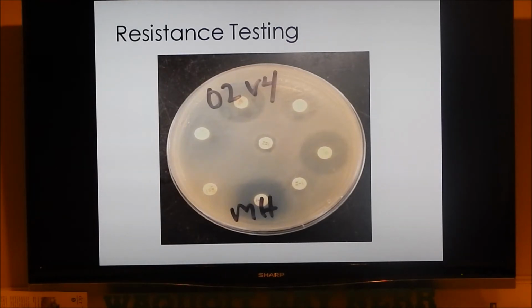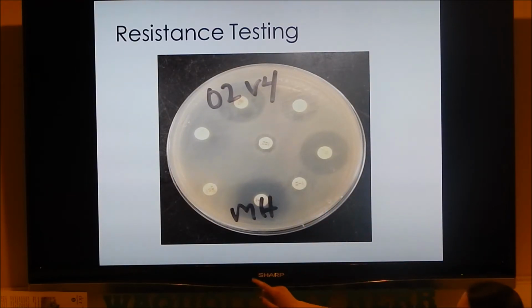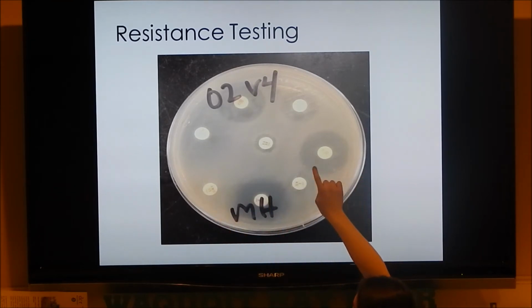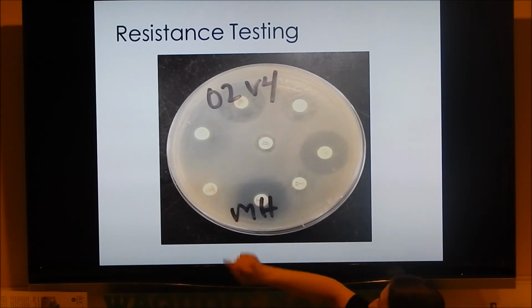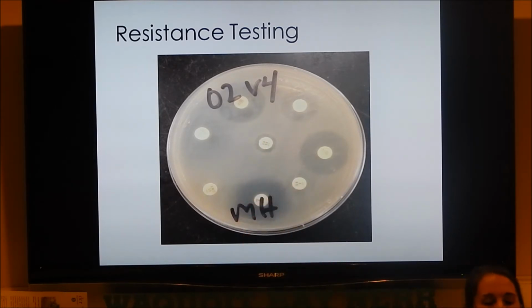So this is actually a plate that we did, and I just wanted to show you so you know what it looks like. So the beige color is the bacteria. Here we're seeing a resistant disc, and then this is one with a large zone that's probably sensitive. But here you can also see that there's not a lot of growth around that one, but that probably also is resistant, but you have to check the numbers.